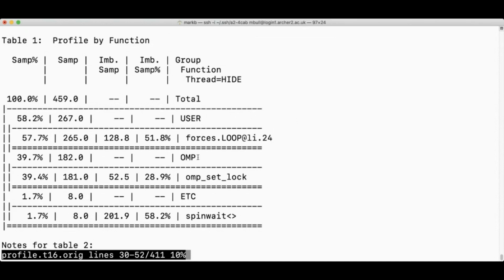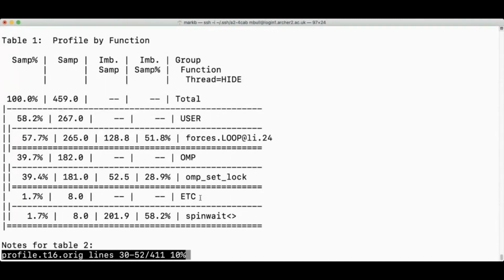OMP tells you about time spent in the OpenMP runtime library. And then etc. is other stuff, basically other libraries and operating system functionality.